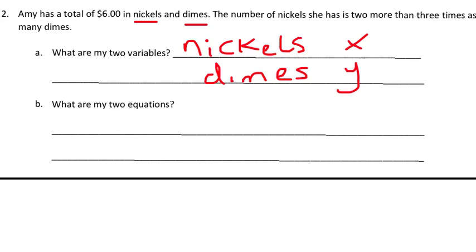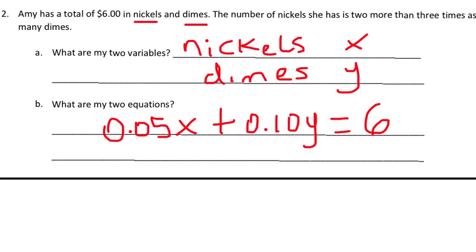The two variables here are nickels and dimes. So we can use x for nickels and y for dimes. Since we know that the total that she has, total means to add the sum. So it's the nickels plus the dimes should give you $6. And because